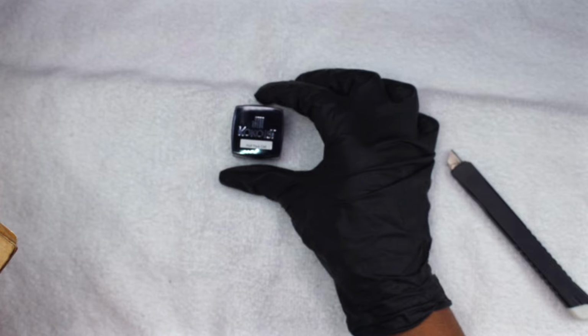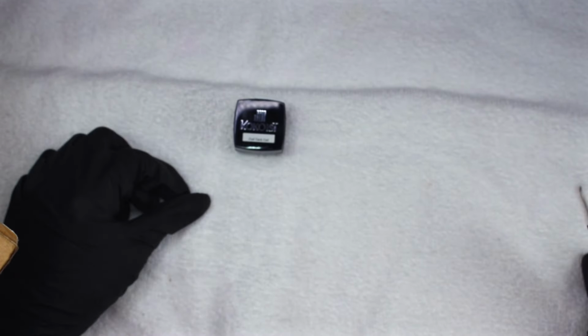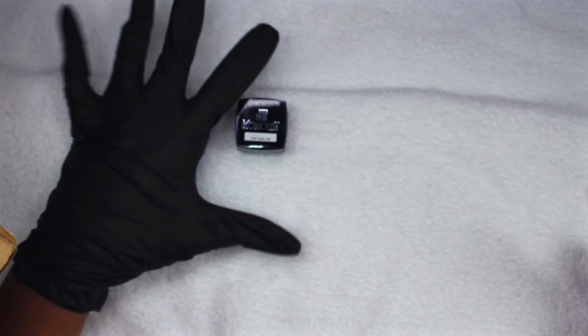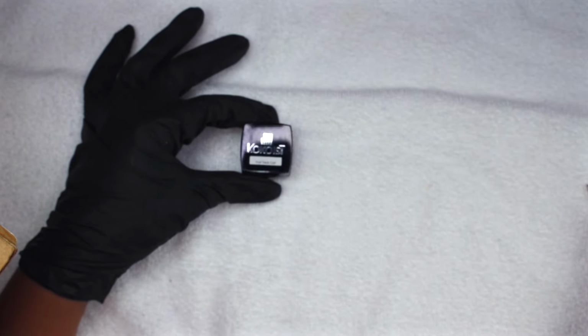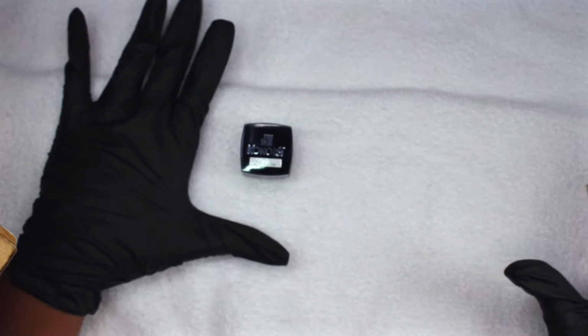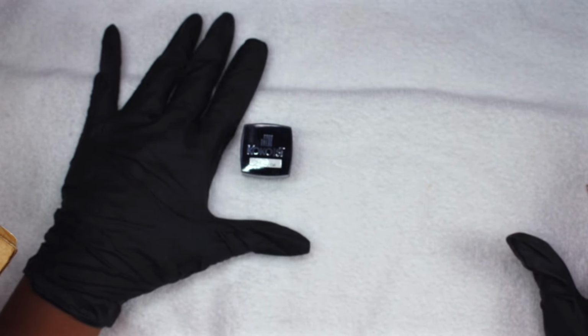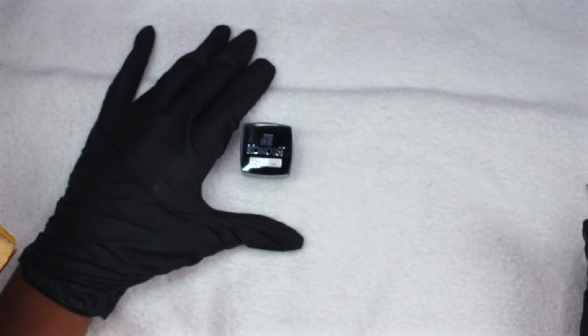Next, I bought some Cocoa's Foil Tack Gel. Now, this stuff is supposed to be really amazing for those of you that have foils, to be able to cure it for a certain period of time, and then that foil pulls right off. I will tell you, I have been through so many instances of foil gel to get foils to stay on my clients, and I will have to tell you that one of the best foil gels that I ever use